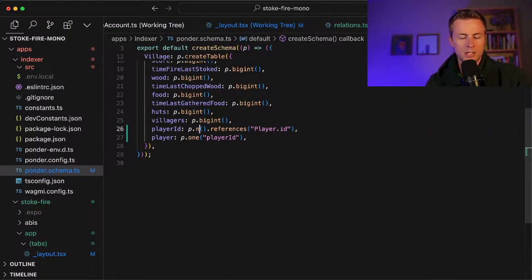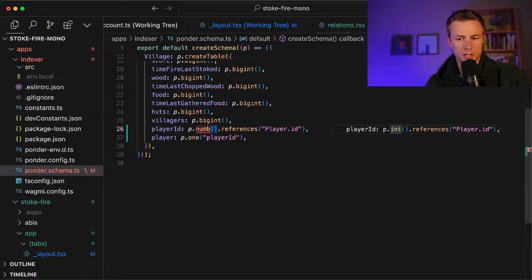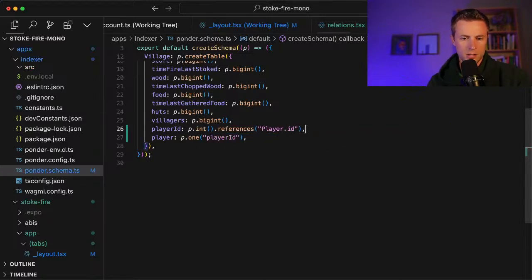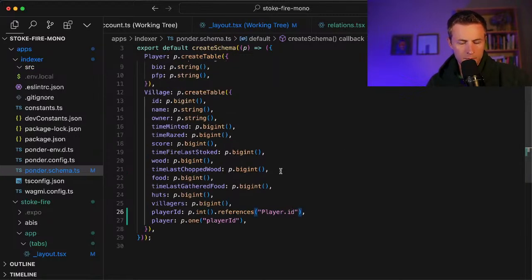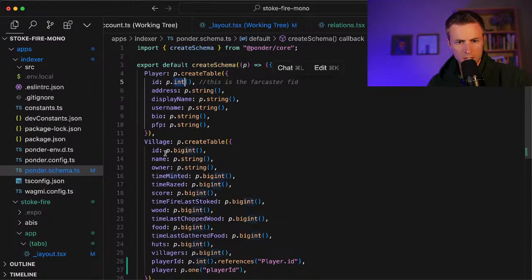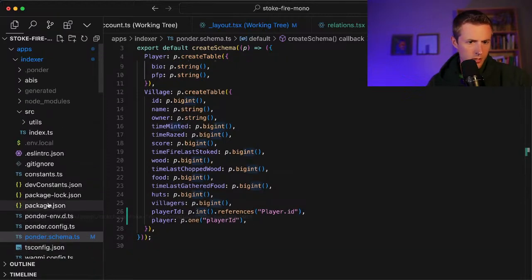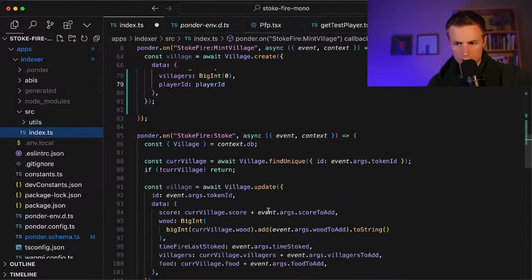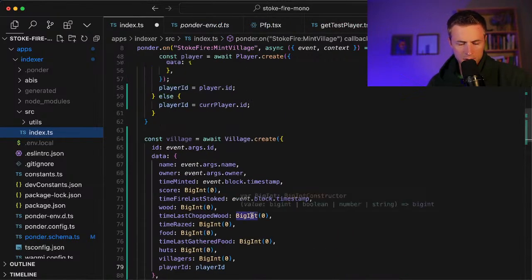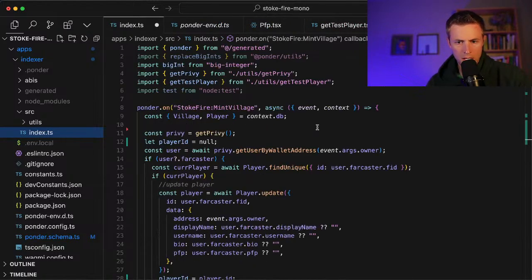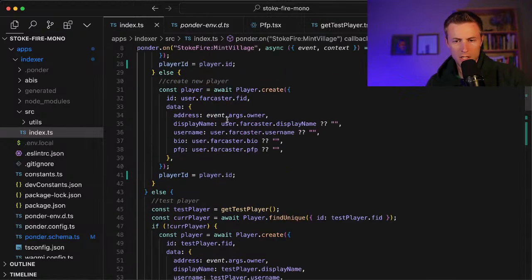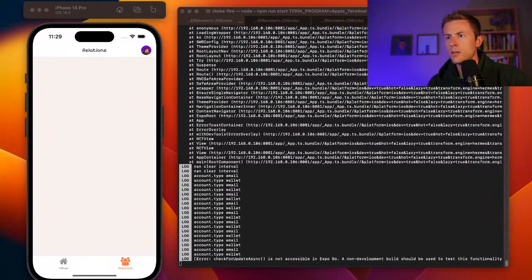P dot int. Yeah, it should always be an int. Yep. So that's good. All right, it's looking like it might be good. So now